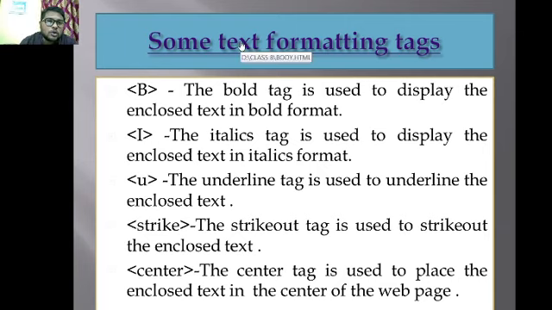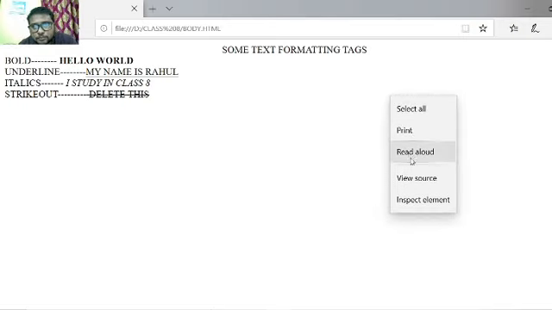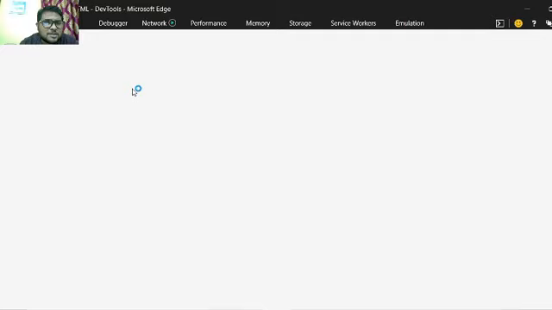So I will show you the code. See, I'll show you and explain to you also. The first one, some text formatting tags. This I did using the center tag. I think you are following me. They're very simple actually. If you go through it once, you will understand it.